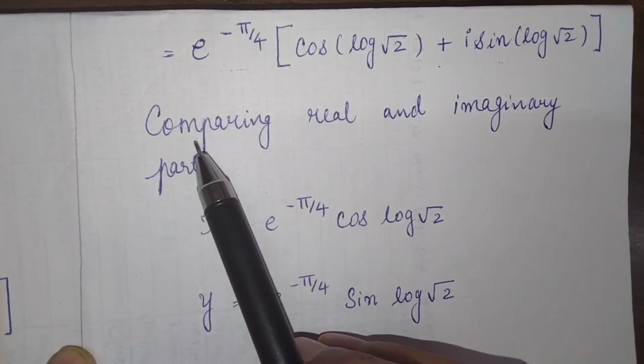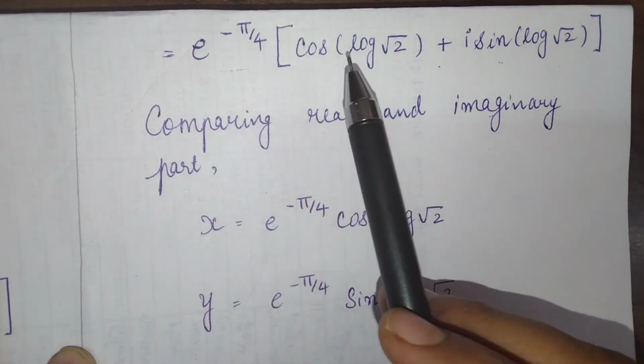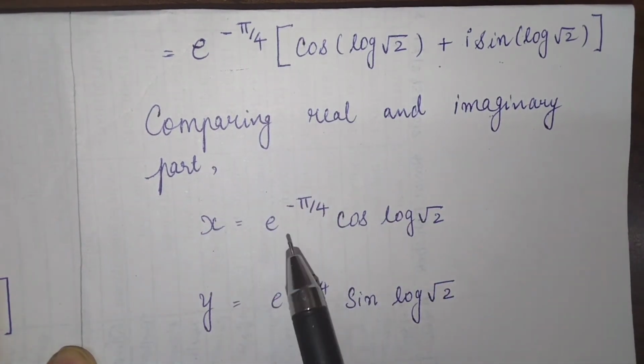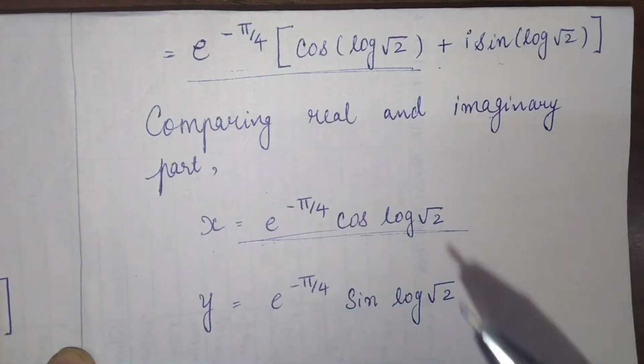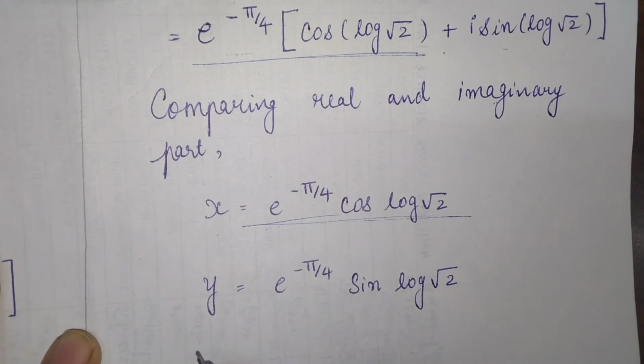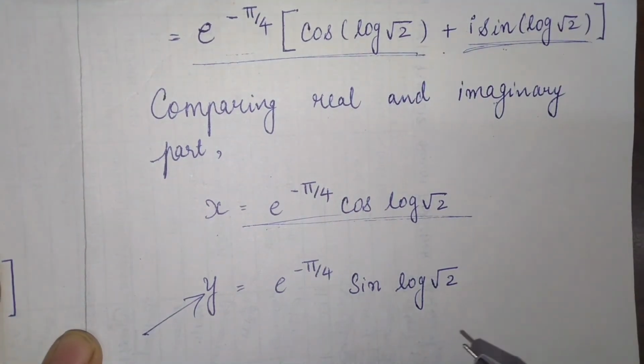And now as we have to find the real and imaginary parts, comparing with this equation, we will get x equal to the real part, that is this term, and the imaginary part will be the y term. So y will be this term, e raised to minus pi by 4 into sine of log root 2. Okay, and now